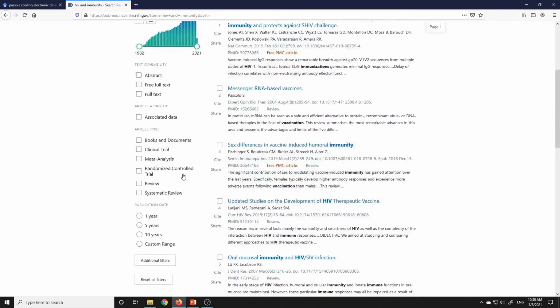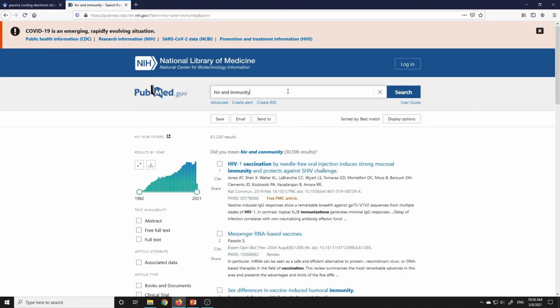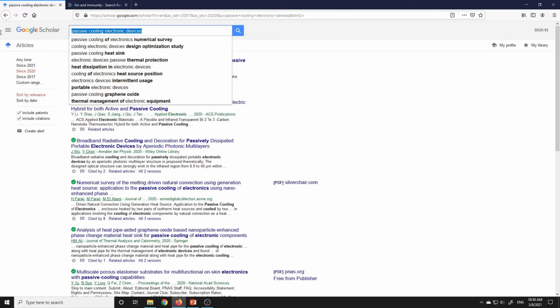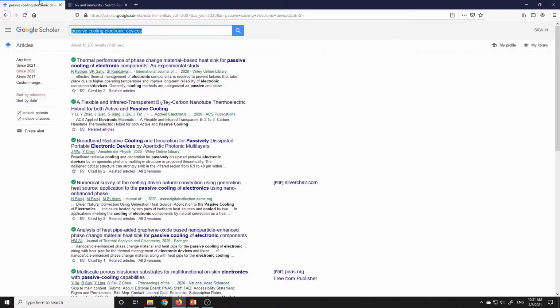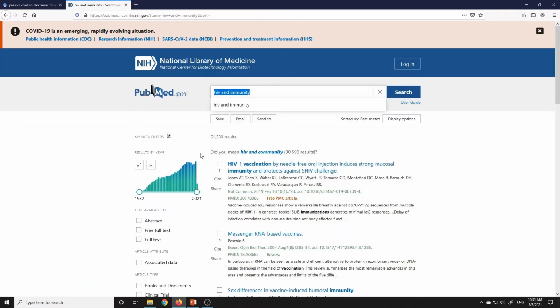So in this way you can also find the journals and research articles. There are two ways: either you can use Google Scholar or you can use PubMed. PubMed is specifically for medical journals only, and Google Scholar, I think, includes everything. This was the part where we got to find our research article.